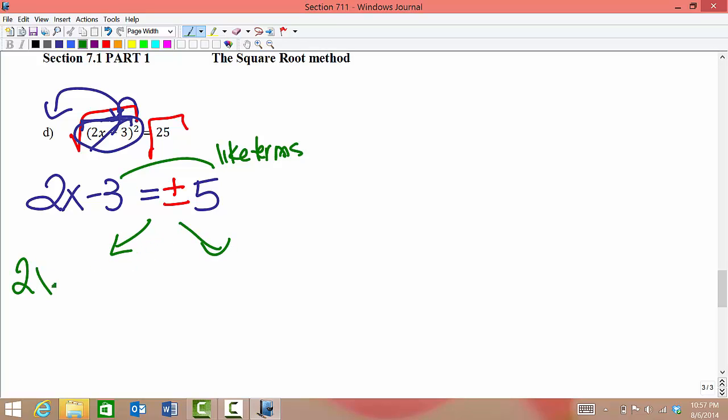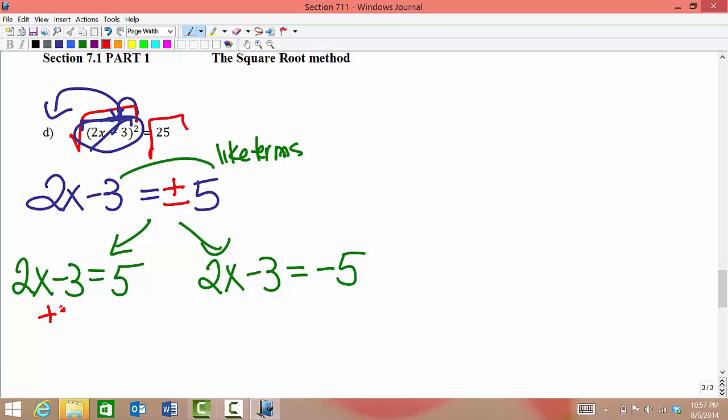So I'm going to say 2x minus 3, and I'm going to treat, in the first equation, it as a positive 5. And then in the second equation, we're going to write the same thing, but on the other side now we're going to put a minus 5. That way, when I go to combine my like terms, when I add 3, that's not a positive 5 and a negative 5 anymore. Now that's just a positive 5. And I can actually do positive 5 plus 3. That gives me 2x equals 8,